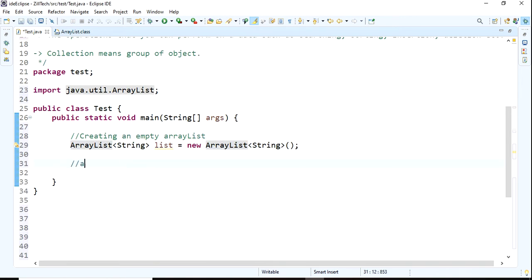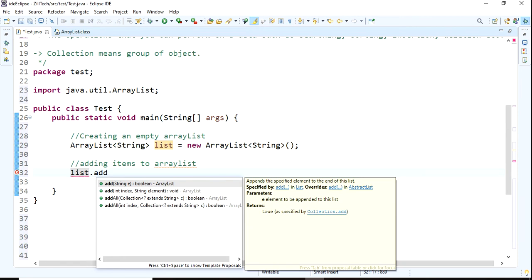First, adding items or elements to the ArrayList. I want to add some elements. We have a method called add, list.add. It returns a boolean whether it is added or not, appending the specified element to the end of the list.